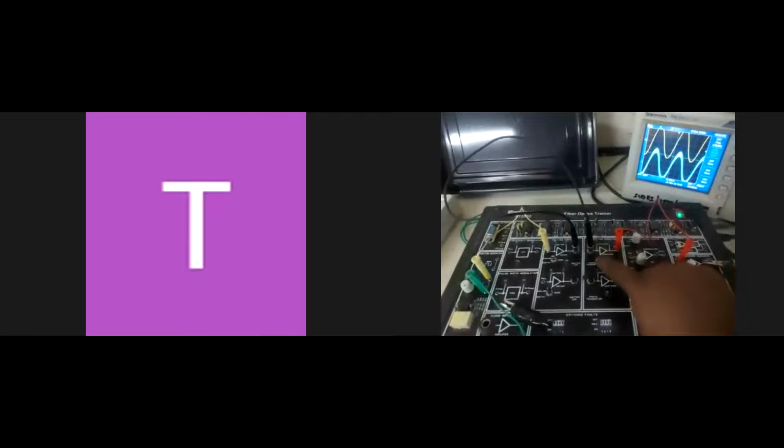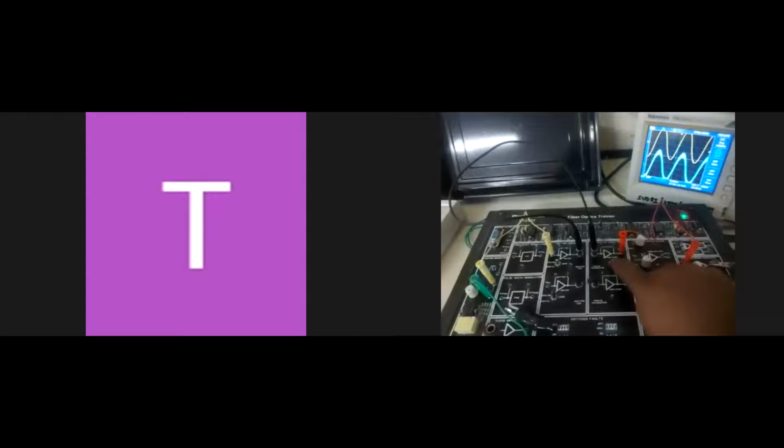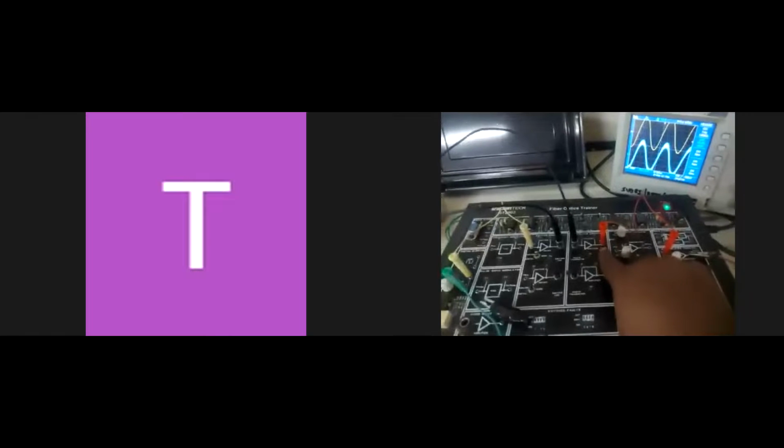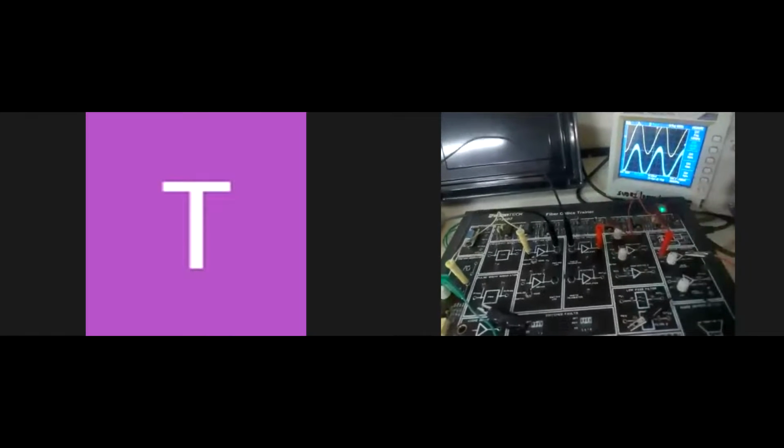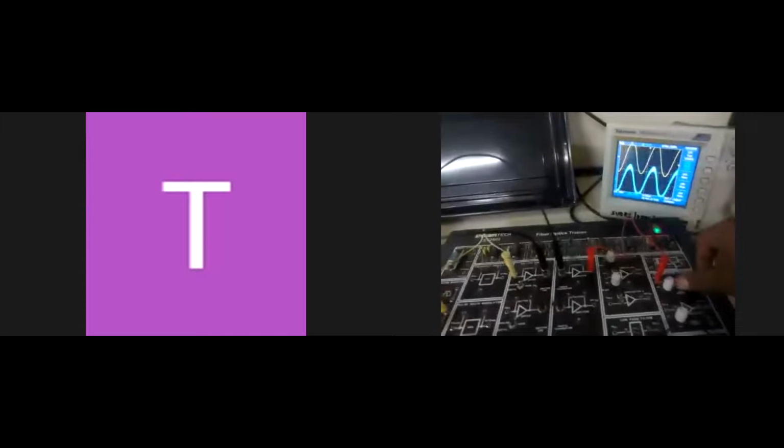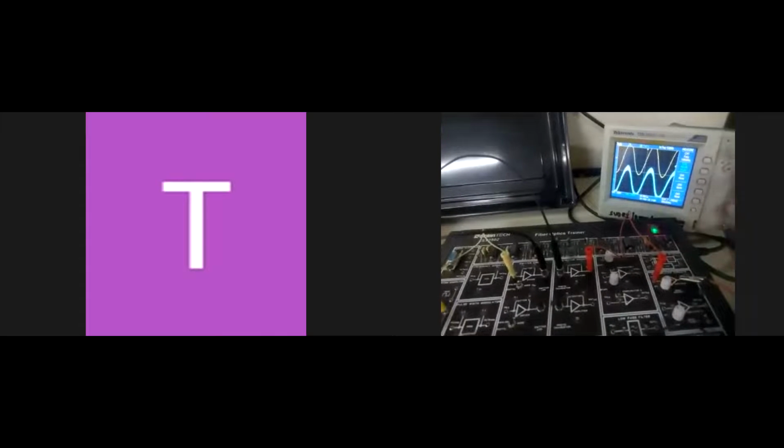Then it is given to the detector. Detector will convert the light in the form of electrical signal again, but its amplitude is less. That's why detector's output is given to the amplifier and its gain is increased. And now whatever input output you are seeing,